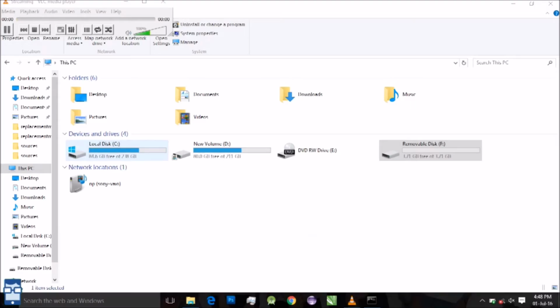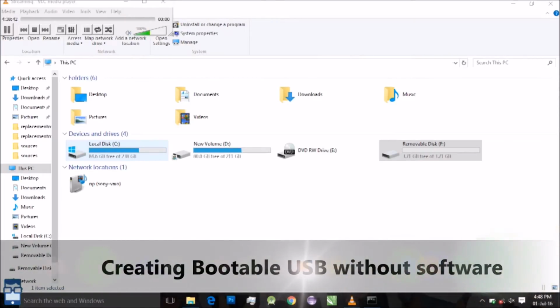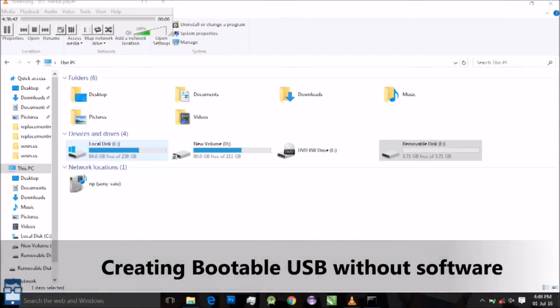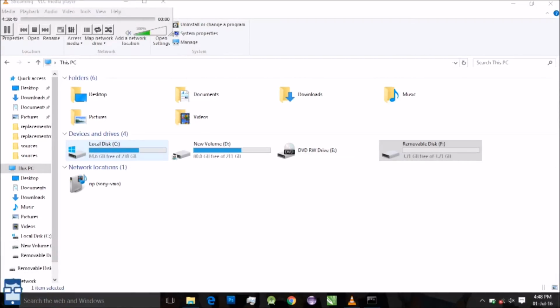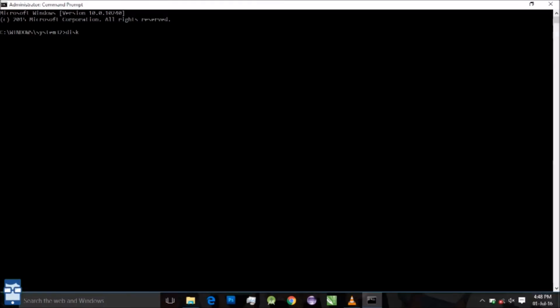So let's go. Without wasting any further time, I'm going to show you how to do that. First of all, to create a bootable disk using command prompt, we will be using an empty pen drive of 4 GB, this removable disk F. Second, you have to open command prompt, where I am going to type the command diskpart,